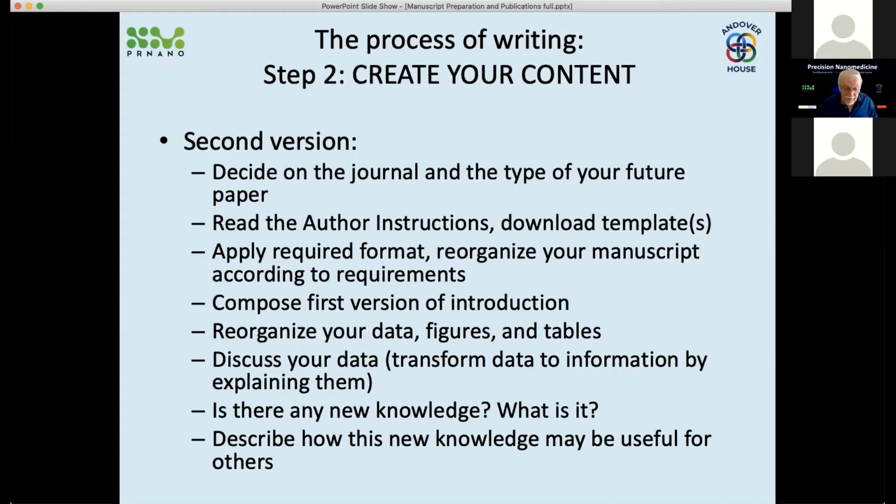Remember, you will read your manuscript at least 6 to 10 times minimum. The person who is reading it reads it once, if at all. So make it easier for the reader to accept the new knowledge and understand how he or